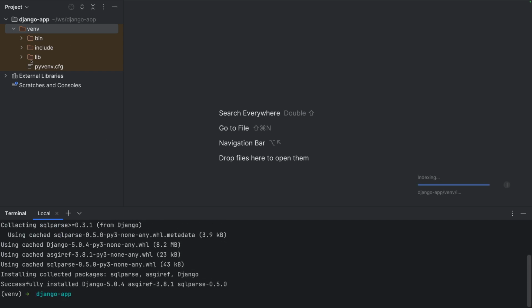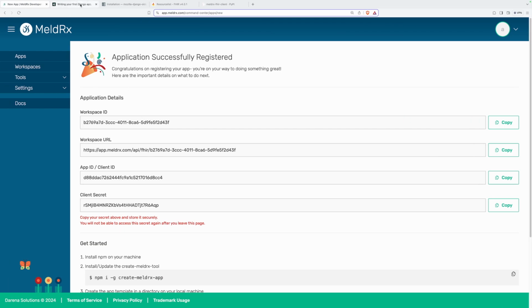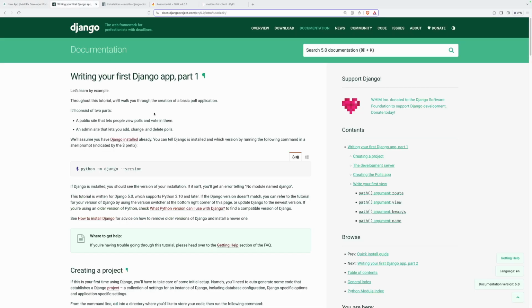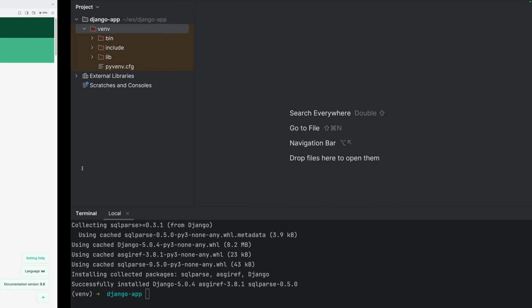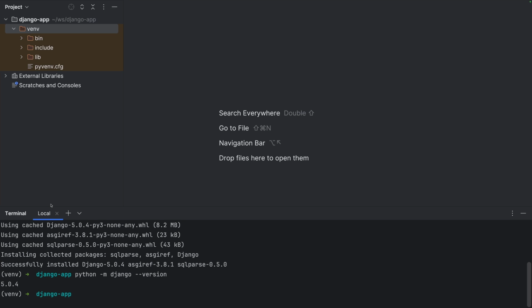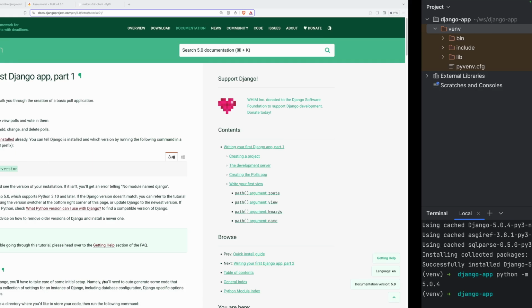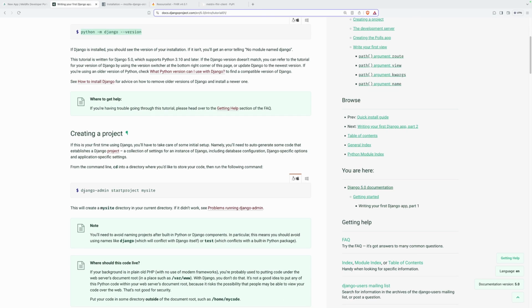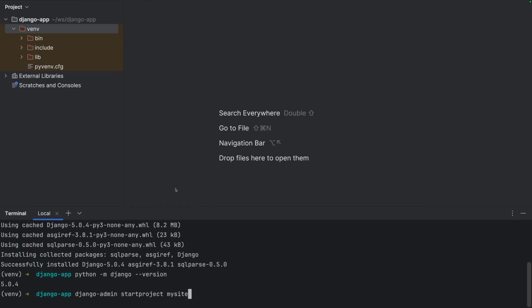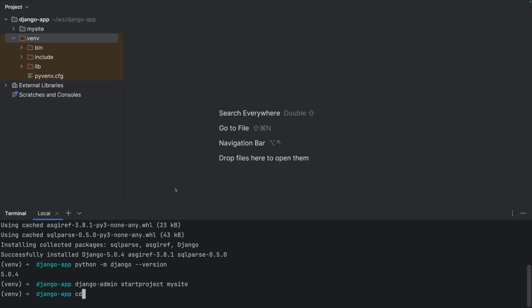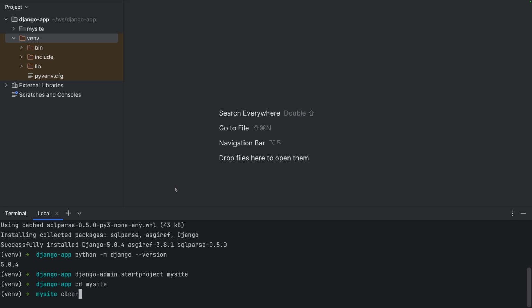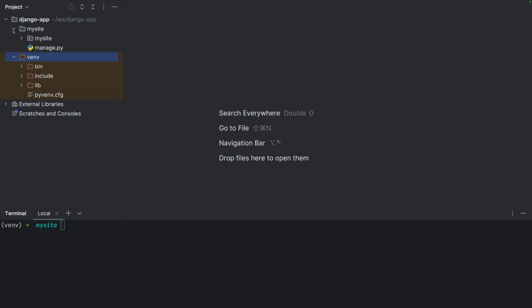With Django installed, it's effectively a command line tool. Hopefully you as a Django developer who's watching knows a little bit more about Django than I do. I'm going to go ahead and run this just so you know what version I'm on, which is 5.0.4. I'm going to come back over here and use django-admin startproject mysite. Okay. Running this, I'm then gonna make sure I cd into mysite, clear the terminal, and taking a look